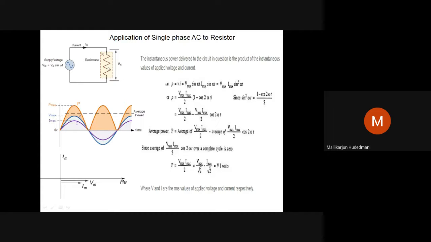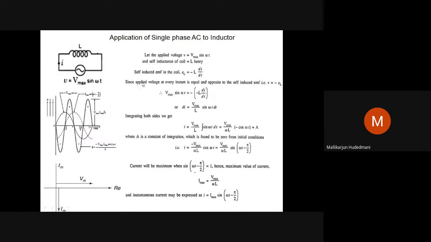So alternating voltage applied to a resistor is probably a basic question, you will not get any question. What you get is: show that, prove that for an ideal inductor connected to an alternating source of energy, the current through it lags behind the voltage by pi by 2. That is, lag behind pi by 2, omega t minus pi by 2. Or the power consumed by an ideal inductor is 0. Show that, prove that power consumed by an ideal inductor is 0, like that.